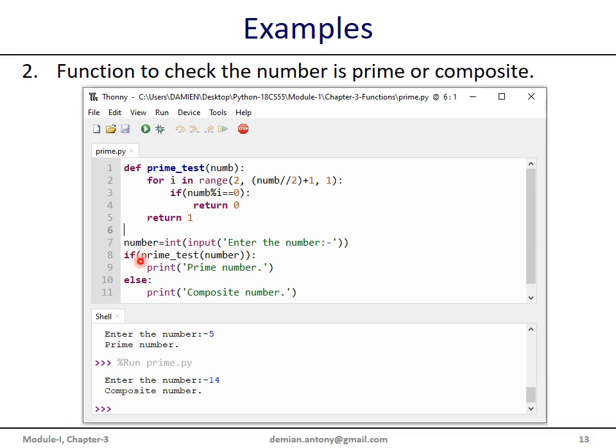The expression is a function call which takes the evaluated value, that is either 0 or 1. If it is 0, it is a composite number. If it is 1, it is a prime number. This is how you can test whether that number is a composite number that has divisors, or we can print that the number is a prime.